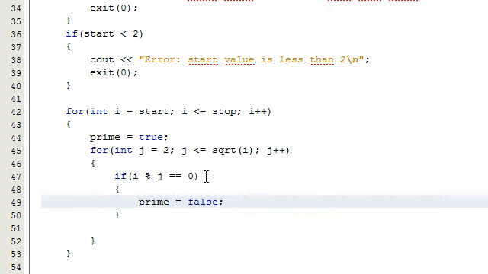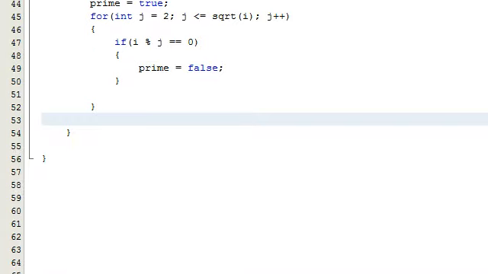And that pretty much takes care of the logic. So then basically once we're done with that, we just need to know whether or not we want to print i to the screen, the number we're looking at. So what we're going to do is, outside of this for loop now where we've checked all the values, we're going to say, okay, now at this point, if prime is still true,